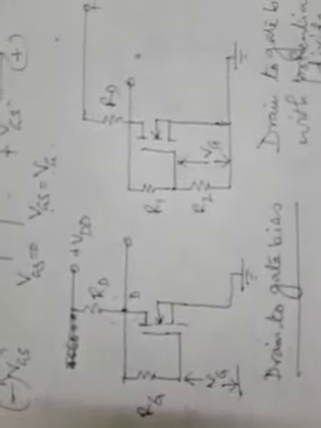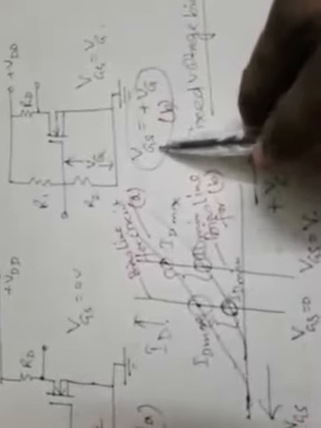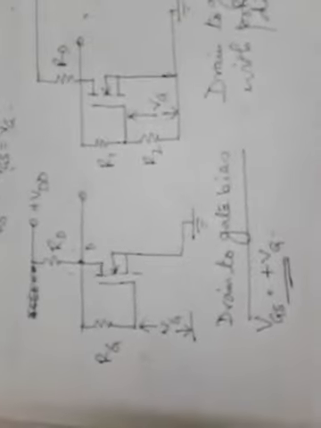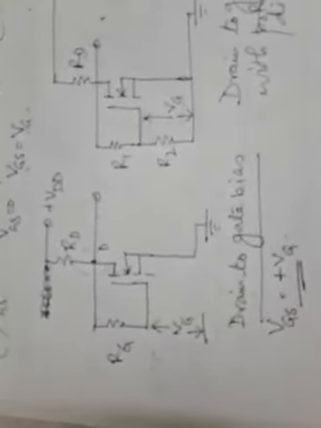This circuit and the last one, these two are quite similar in their connections, and once again the bias line must be drawn for these cases for VGS equal to plus VG. So these two circuits are similar to the fixed voltage bias, the previous circuit, for which we have found the bias line to be at VGS equal to plus VG. Here also it remains the same because of the similarity of the circuits, similarity of their operations or the biasing techniques. Here also it is VGS equal to VG for this drain to gate bias.